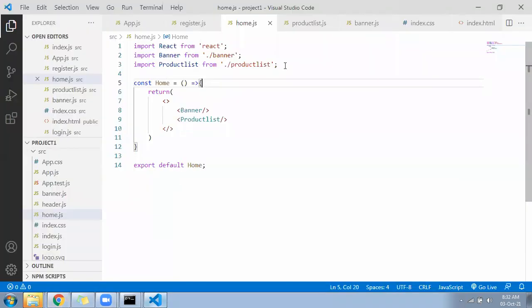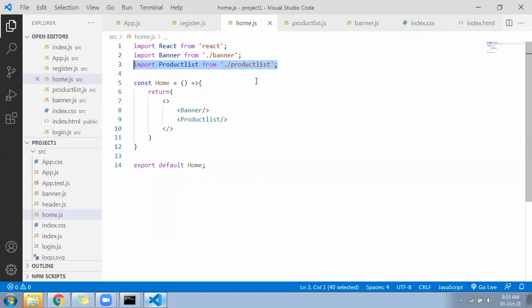So this banner and product list become nested components. It's a separate component. You are calling it under home, and home is being called under app, and from app, on the basis of the URL, it is displaying.